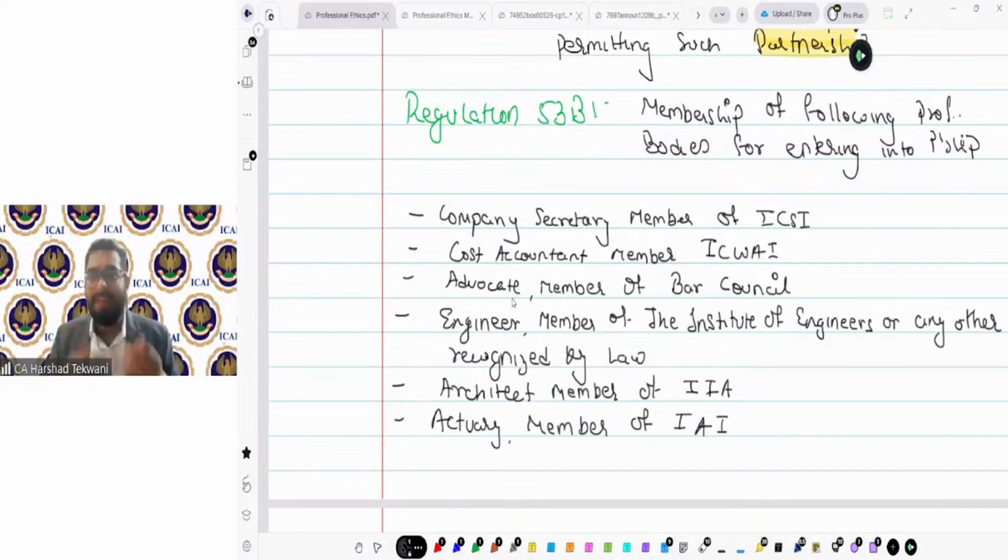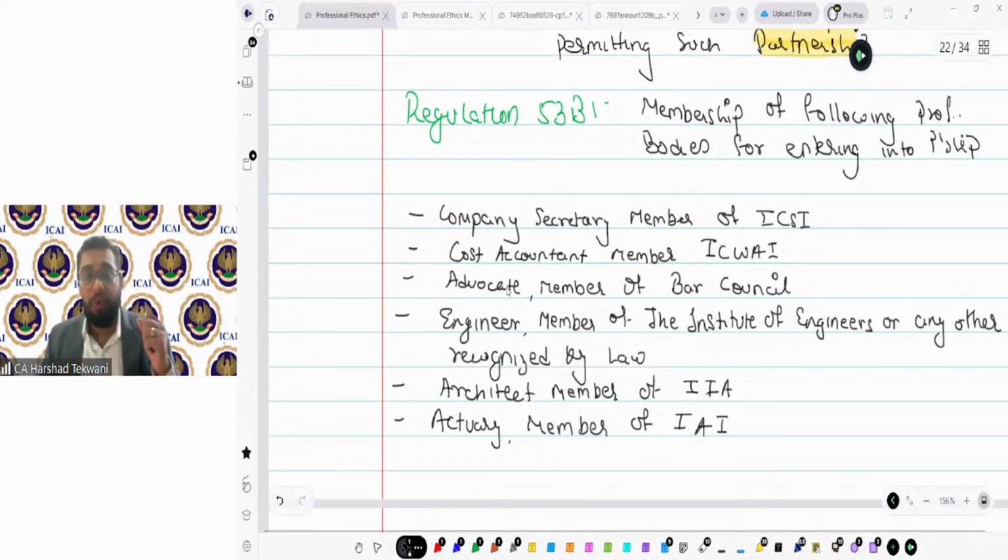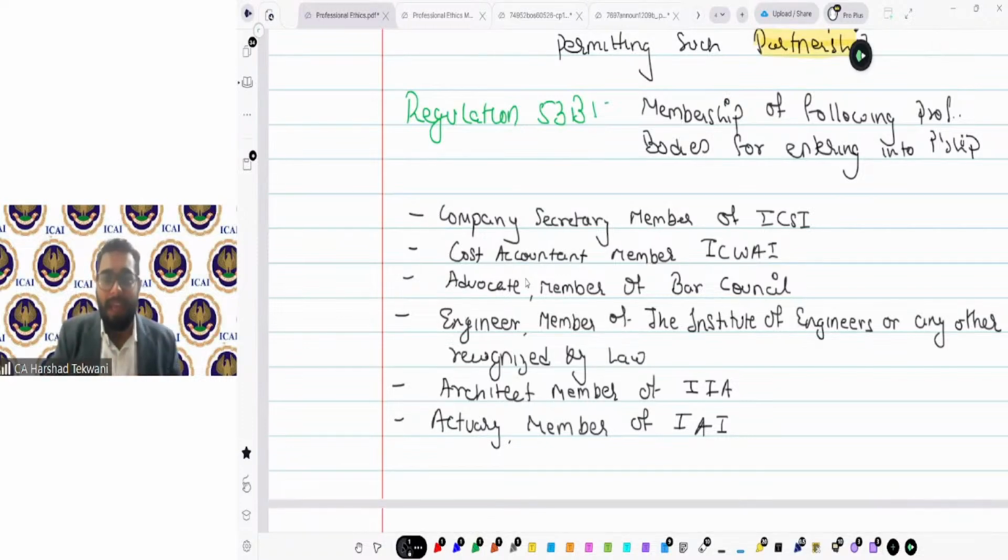Now, this we will see somewhere, with respect to the multidisciplinary partnership firm. However, having said that, it is not only the one side, it should be the other side also. For example, if a chartered accountant is permitted as per the CA Act, then the company secretary, cost accountant, advocate should also be permitted to enter into a partnership with a chartered accountant. So as of now, the institute has allowed CA to enter into a multidisciplinary partnership firm, but the same is yet to be notified by these professional bodies.